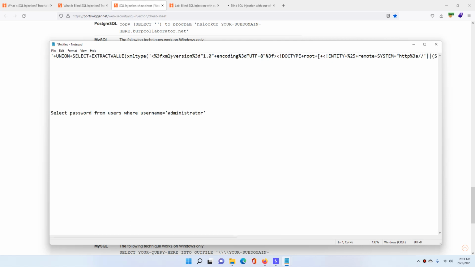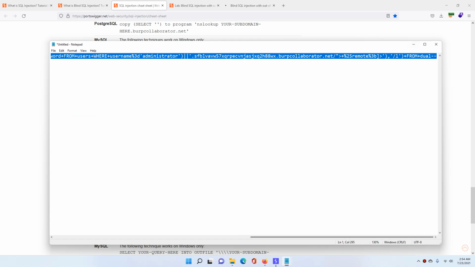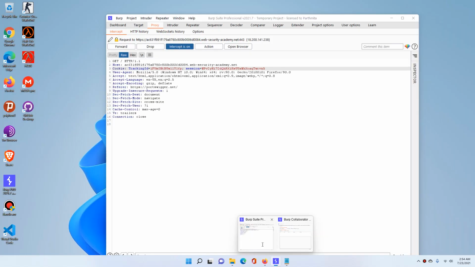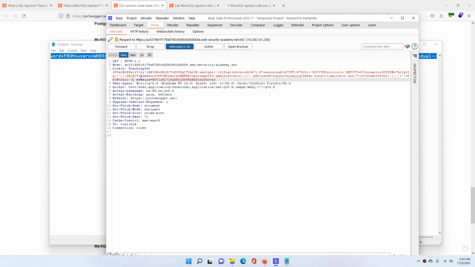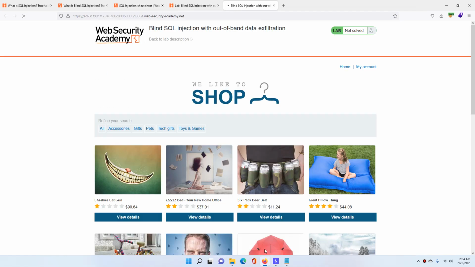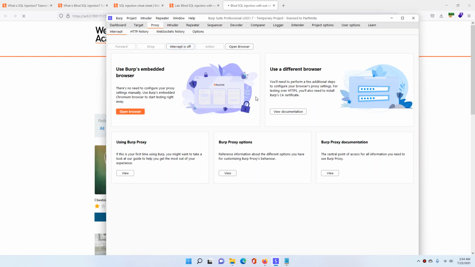So I'll copy this, go to Burp Suite and paste it over here. It seems fine, and I'll move to this and close the intercept.